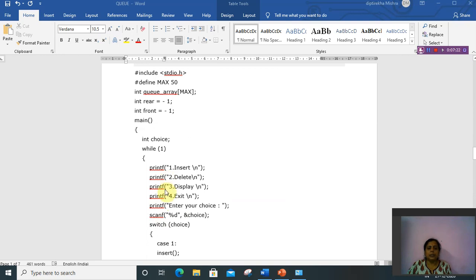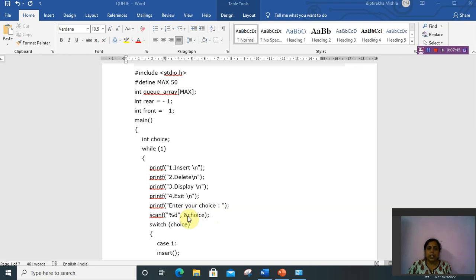This is a menu program, with options to insert, delete, display, and exit. It will insert an element into the queue, delete an element from the queue, then display all the elements of the queue.